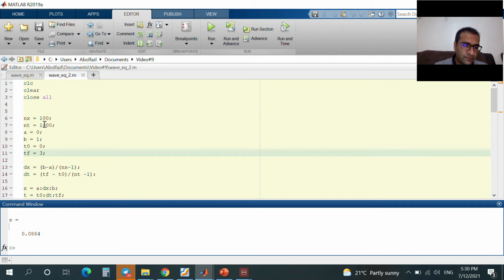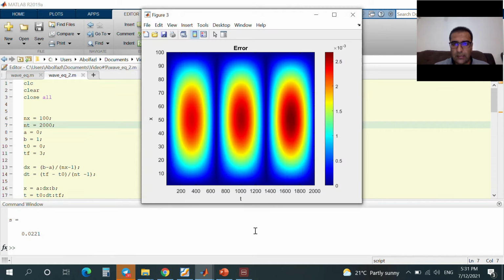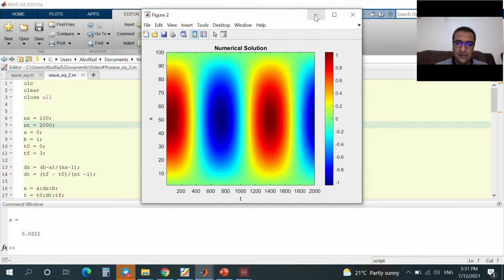What if I increase it more, to 2000? So 0.22. The Courant number is 0.022, and let's see, it's calculating. You see the error decreases slightly. The maximum was 5, now it's 2.6 or 2.7, something like that. And if you want to calculate for further time,